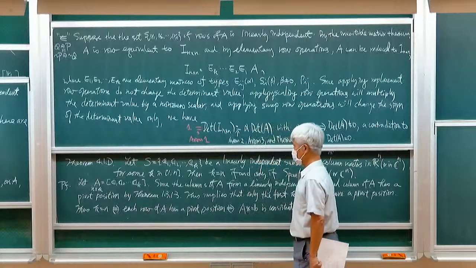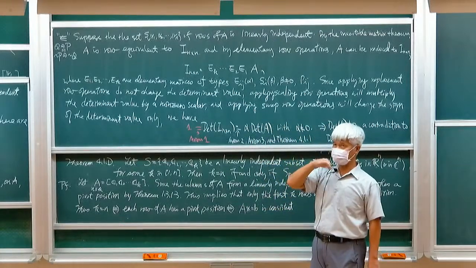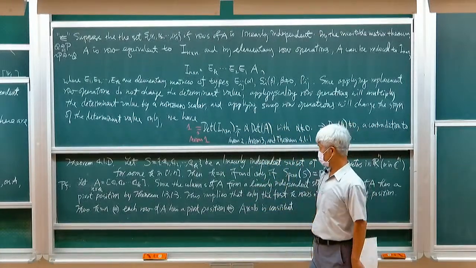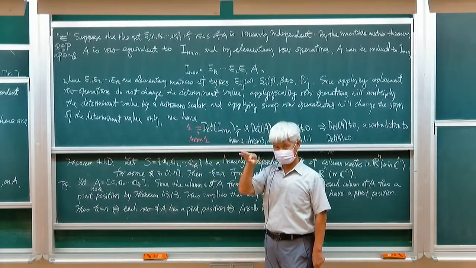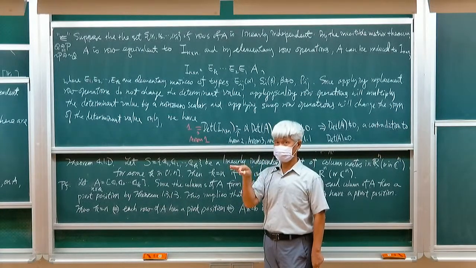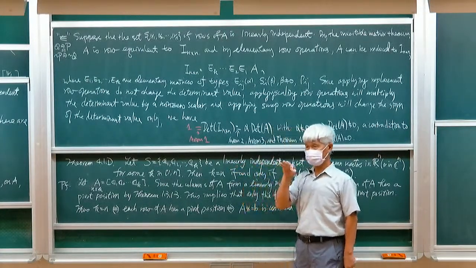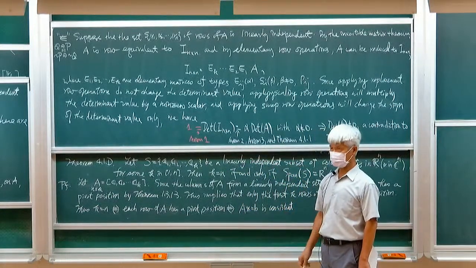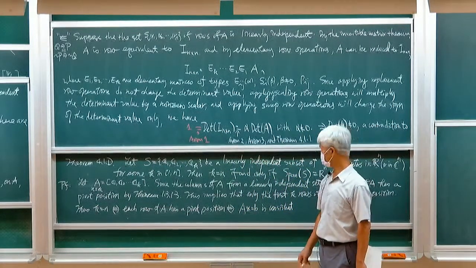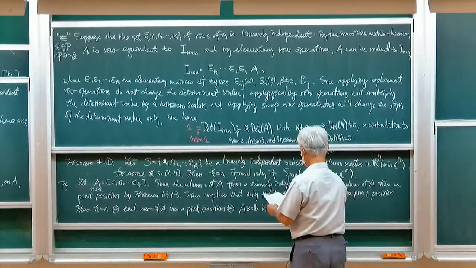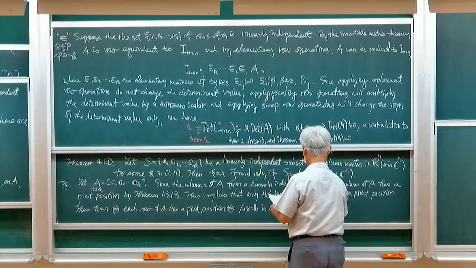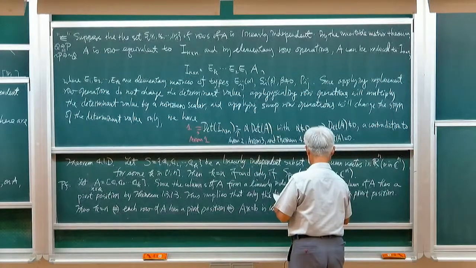If every row of A has a pivot position, then its reduced row echelon form has a pivot in every row. So there are no zero rows in the reduced row echelon form of A. So AX equals B is consistent for all B in Rn over Cn